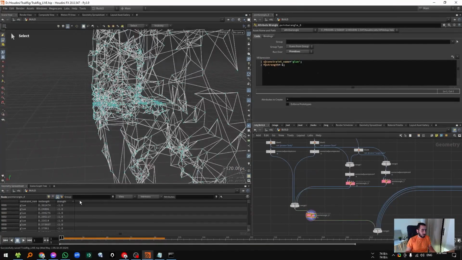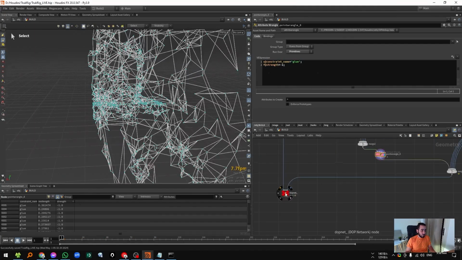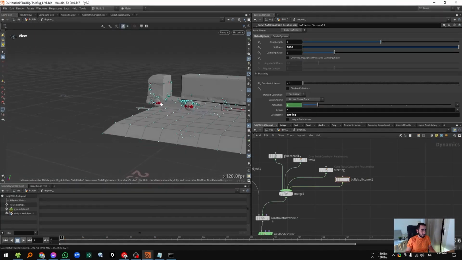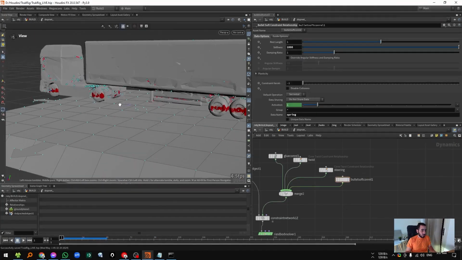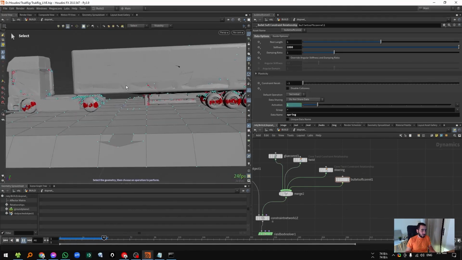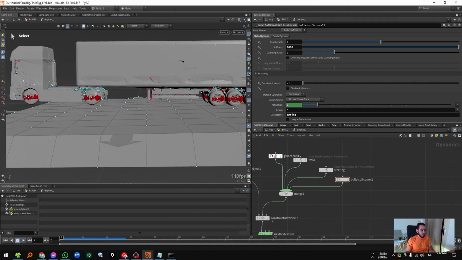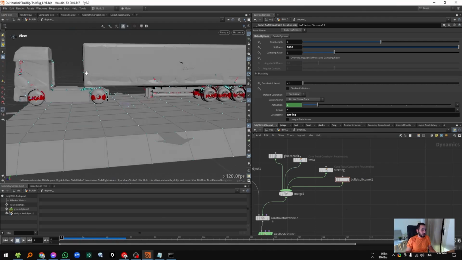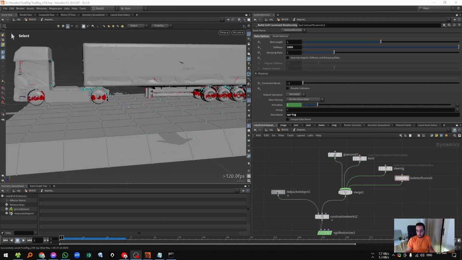Okay, strength -1. If I see the simulation now, yeah, it should be nicer now. But the weight of the truck is pretty high. Let's adjust this. Firstly, okay,